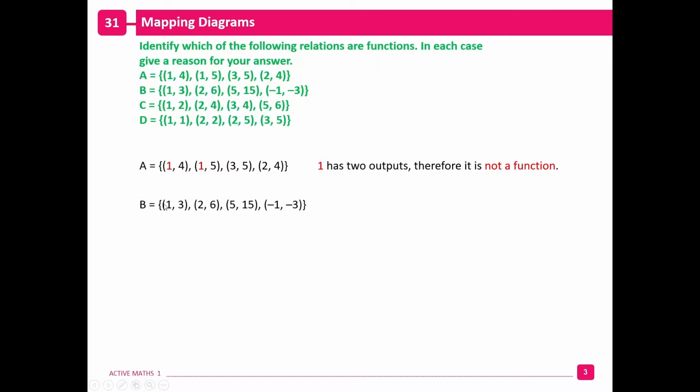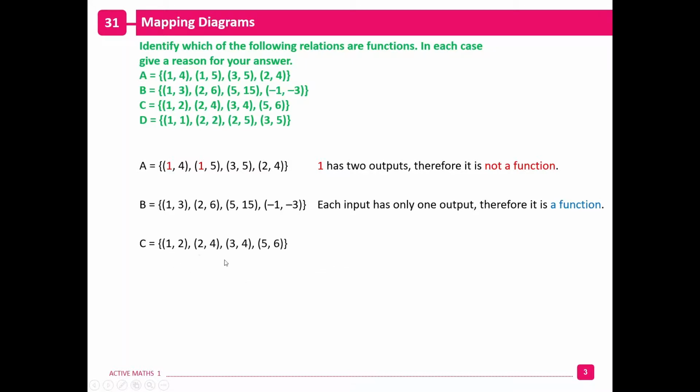B, we don't have any duplicate inputs and we don't have any duplicate outputs either. So that's much easier to identify that it is a function. Every input has a unique output. C,